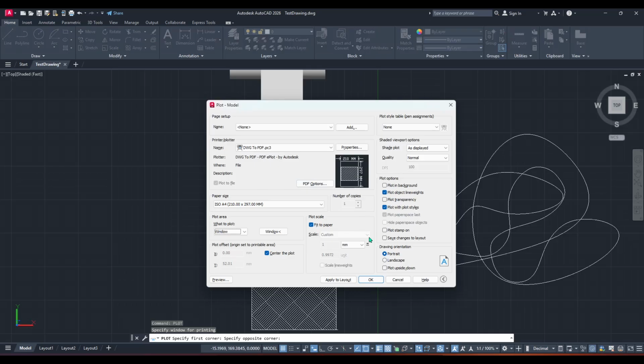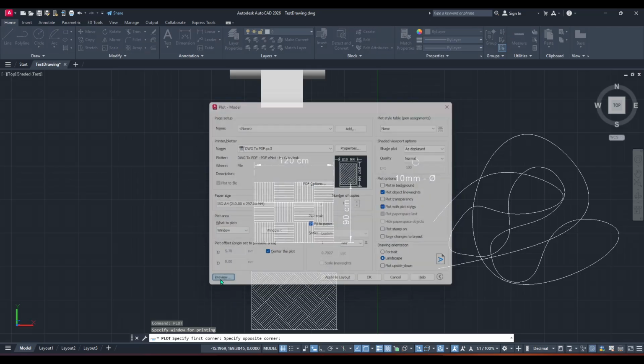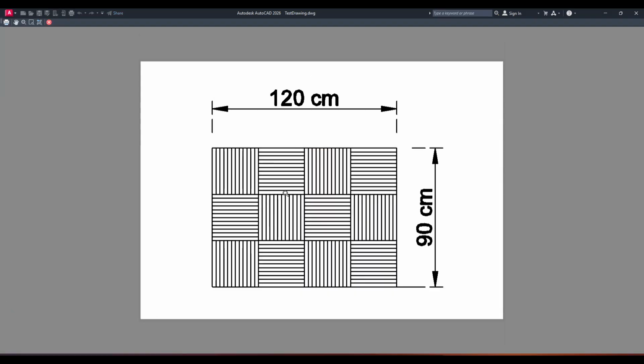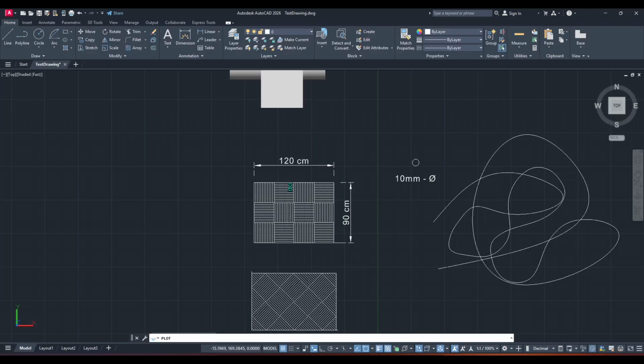By setting the plotter to DWG to PDF, picking A3 or A4, selecting Window, centering, fitting to paper, previewing, and adjusting orientation if needed, you'll get a clean,